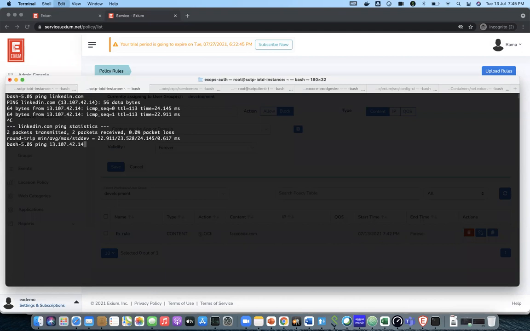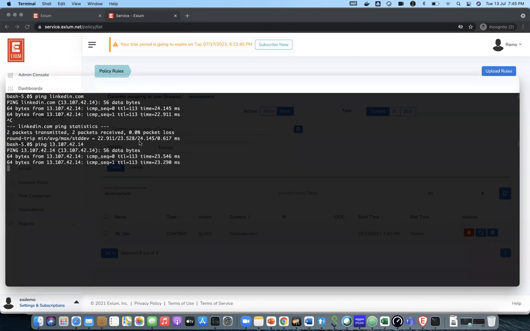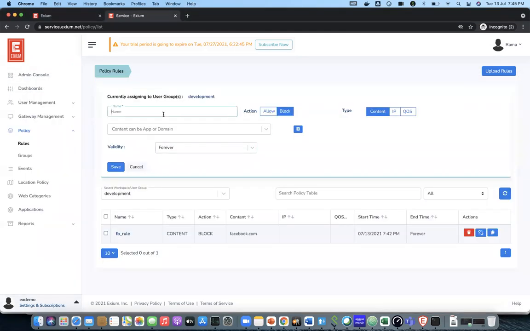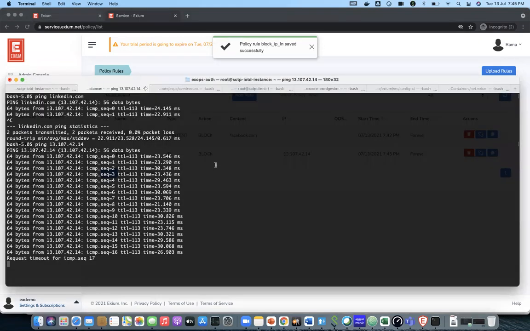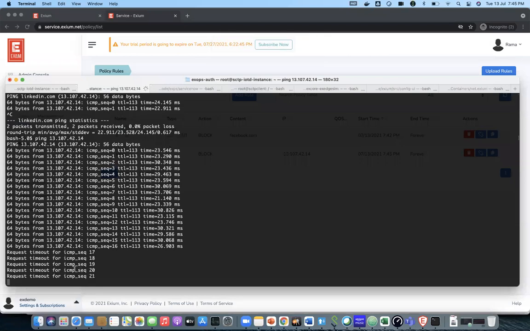This particular IP is pinging right now. So I'll block this IP. I blocked the IP, and the moment I blocked it, you can see that my ping got stopped.